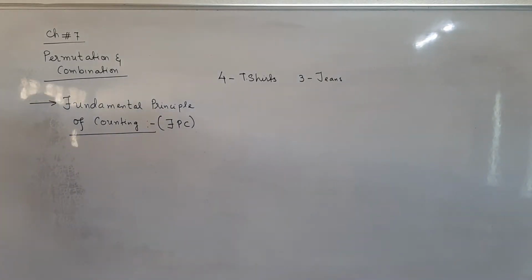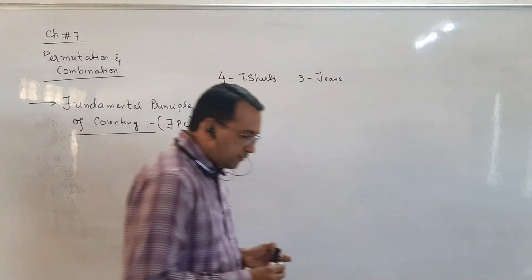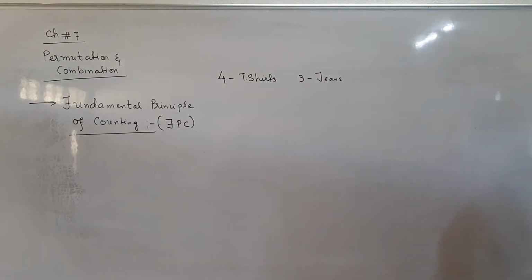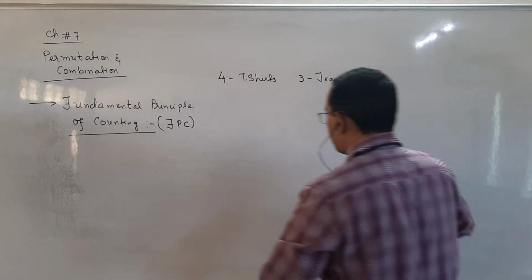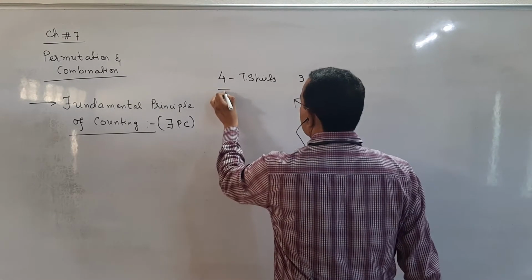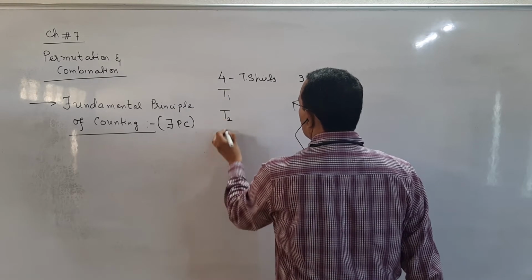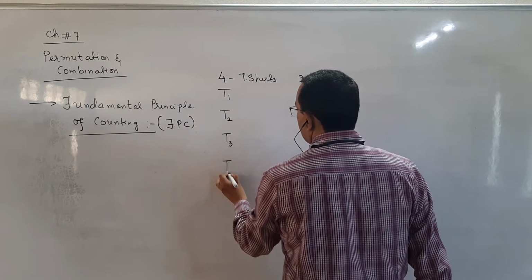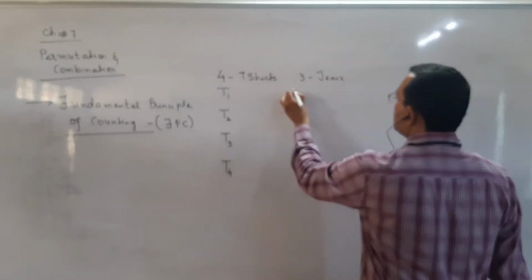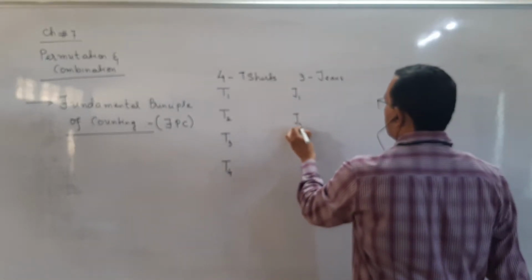You teenagers are fond of t-shirts and jeans. So, say you have sorted out 4 t-shirts and 3 jeans, and among these 7 clothes, you have to form a pair. I write the 4 t-shirts as T1, T2, T3, and T4, and the 3 jeans as J1,